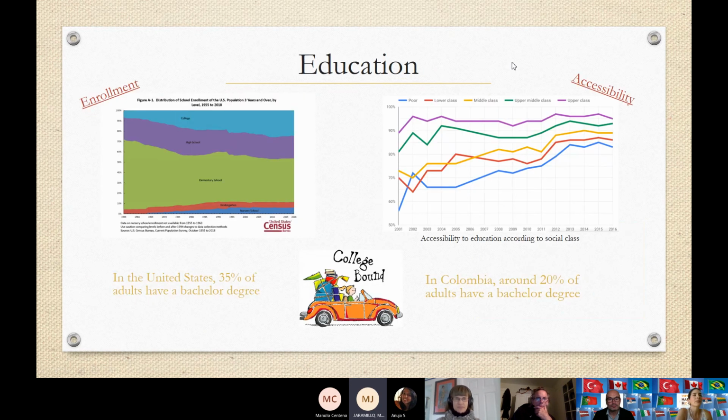Then the second thing that was striking also was the education. In Colombia, the topic about education is more a topic of whether education is accessible for you. And sadly enough, it's more accessible the higher in the class system you are, right? So people in poor classes or lower classes really struggle to have access to education, like school, high school, and superior education. It has improved, yes, you can see in the graph, but it's really not well balanced.